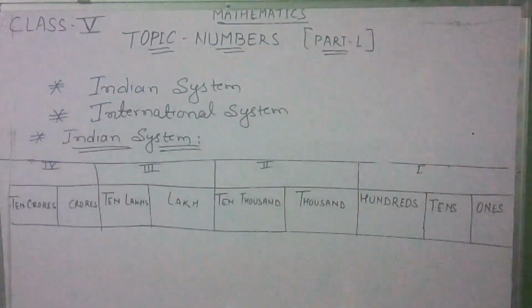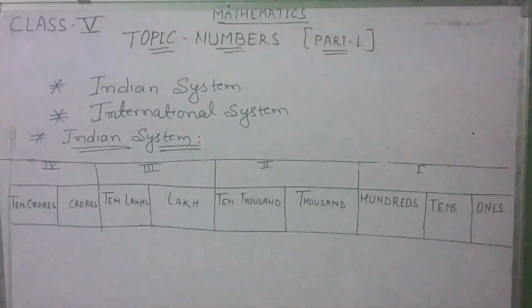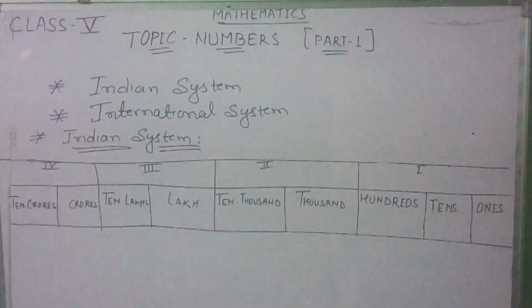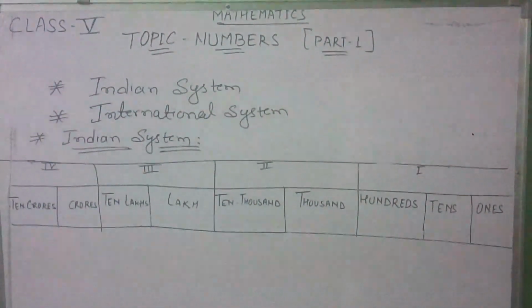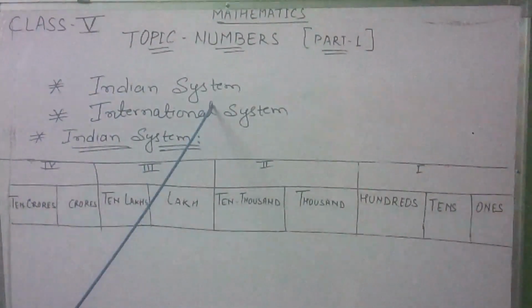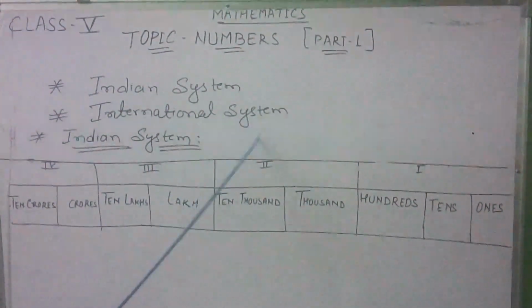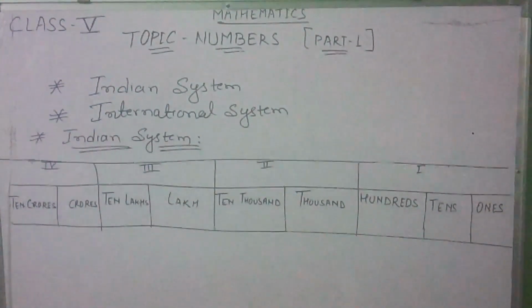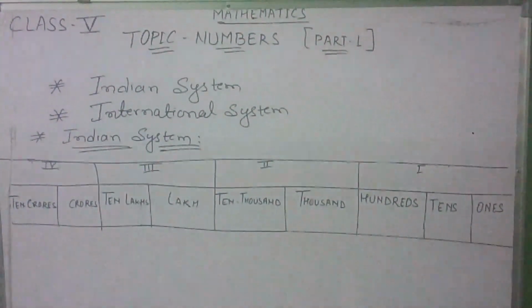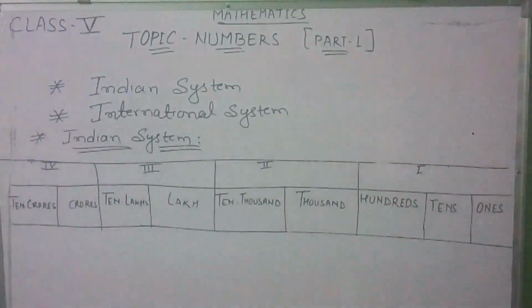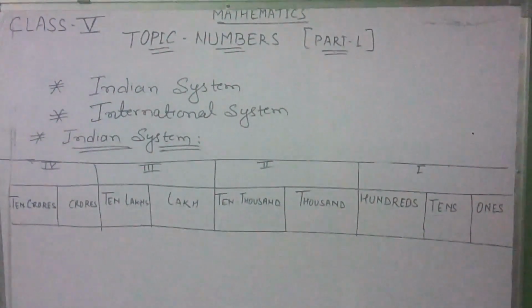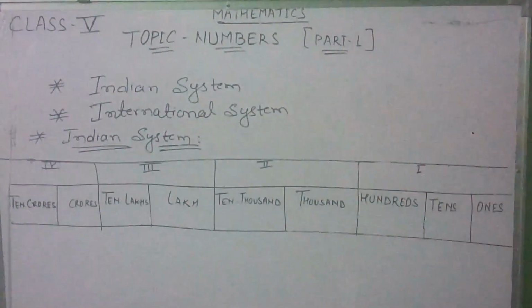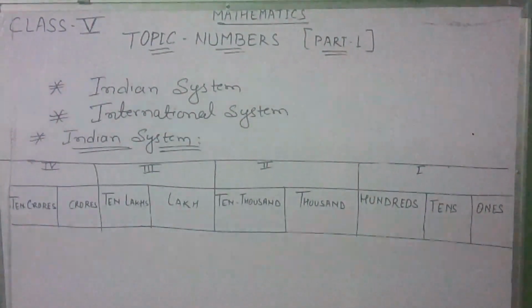In numbers, it is most important to know how to read and write the numbers. We use two systems to read and write numbers: first, the Indian system, and second, the international system. When there is a small number, it is easy to read and write. If I tell you to write 27, easily you can do it. But when there are many digits in a number, like 7 digit or 8 digit numbers, it is confusing to read and write. To make reading and writing a large number easier, the digits are broken into periods separated by commas.